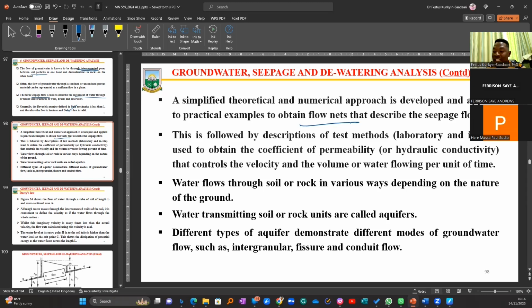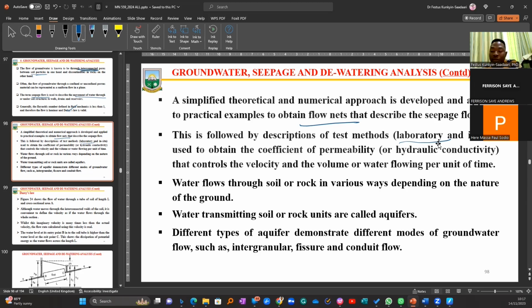So there is a need to do some laboratory tests, which we term the constant head test or the falling head test. These are tests that can be conducted on samples to determine their permeability constants. Then the flow rate through